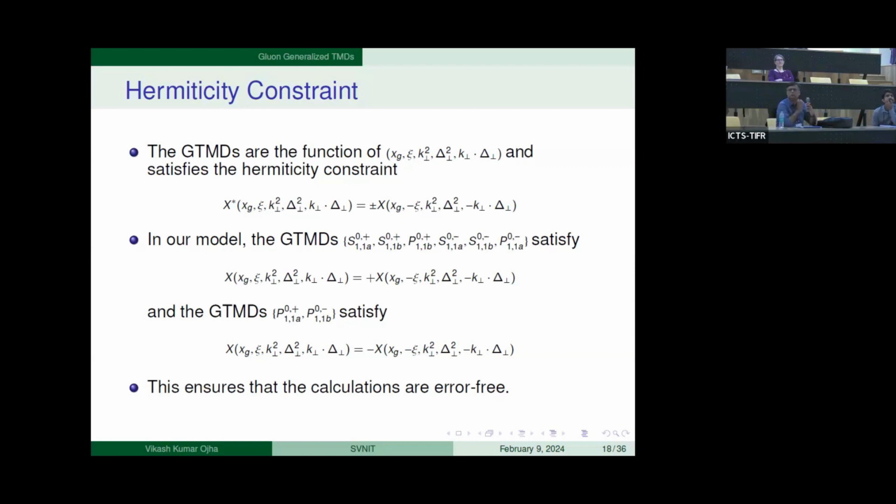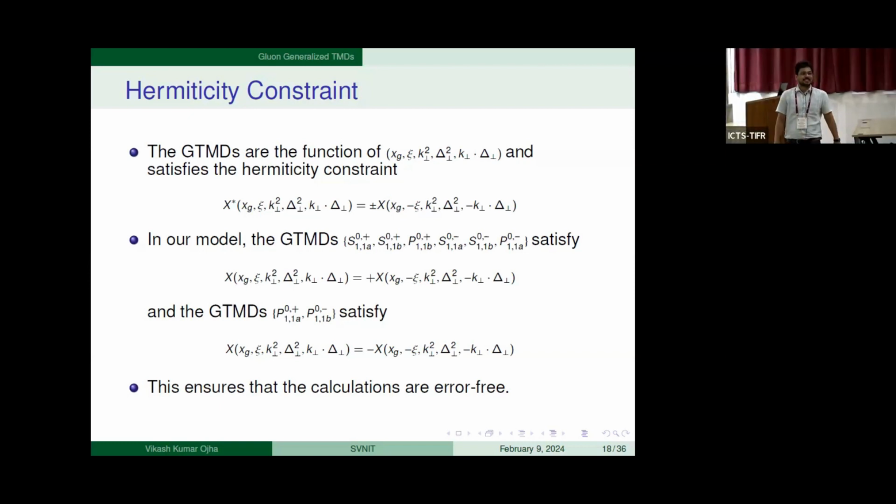Yes, that's true. But what I am saying is, if this is not satisfied, the GTMD expression is not correct. So in that sense, we can consider that there is a little bit of certainty that the calculation we have done is correct to some extent, not even 100%, but there is a 50-60% chance that this is correct. We can consider it the other way too: if this is not satisfied, the calculation is 100% wrong. So just the contrary.